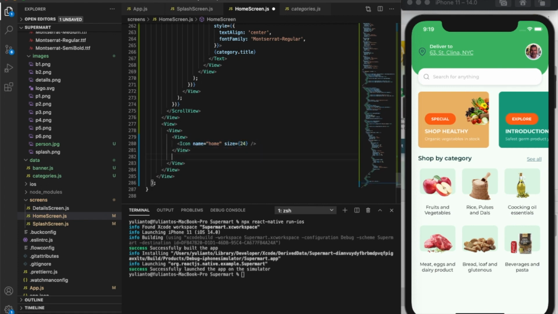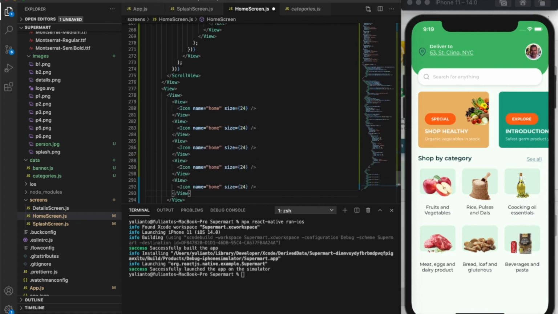And I copy this 5 times. It will be great, and it's gonna be person, shopping card, I guess, and it's gonna be more horizontal. Okay,